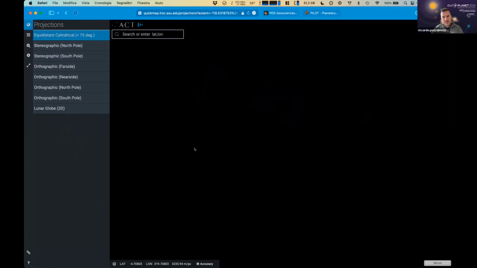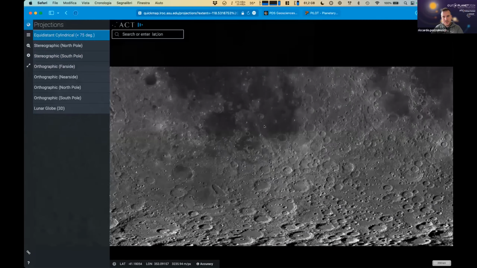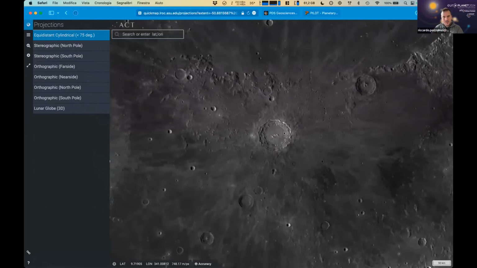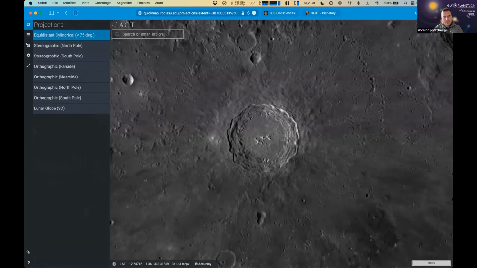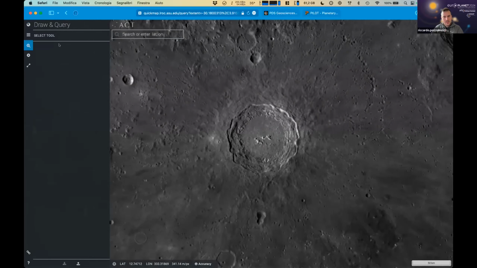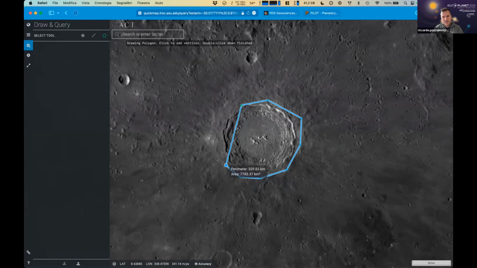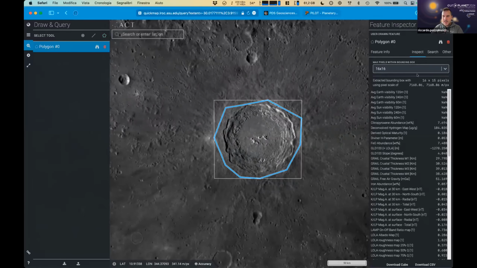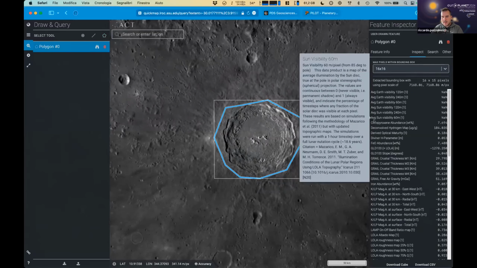If you want to have some data about the moon, let's try to look for example at Copernicus crater. We can zoom in with your mouse wheel, and then you can go to the search tool, and then you will get some options. You can pin a point, you can draw a line, or you can draw a polygon. If you draw a polygon, your cursor becomes a point. You can simply click around the crater or around the area that you want to download the data from. You double click, you will get a prompt with a summary product that is taking inside all these layers like